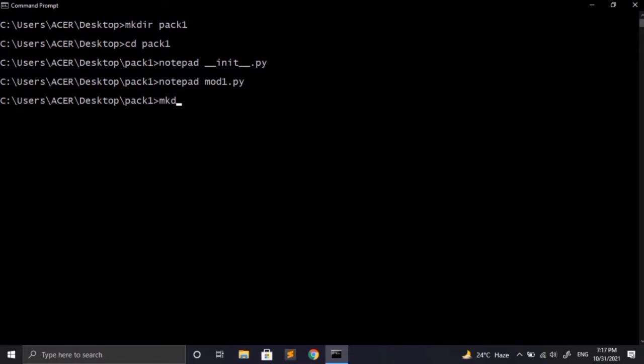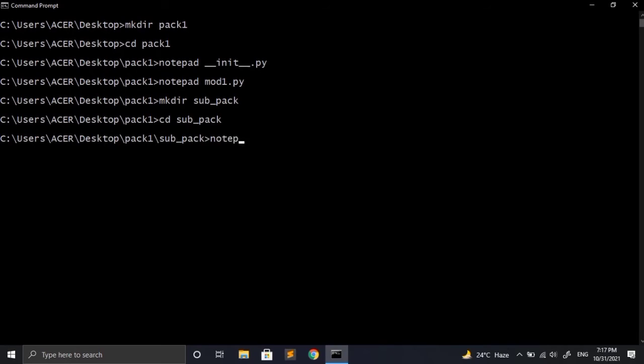So with this we have made our first package, and inside a package we can also have sub-packages, and now I will demonstrate how to make a sub-package. Again, we know that a sub-package is a folder inside the folder. So to create a folder we have to use the mkdir command and provide the name of the folder. Here I have written mkdir subpack. It will create a folder named subpack, which is basically a sub-package. Now we have created the folder, and we have to move inside that folder, and for that we have to use the cd command, which is the change directory command.